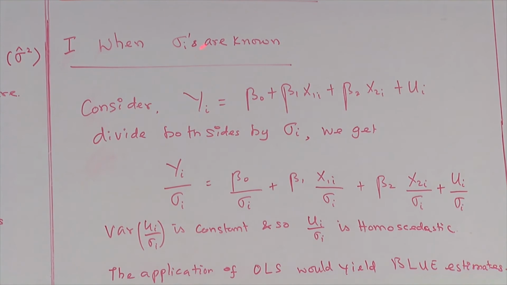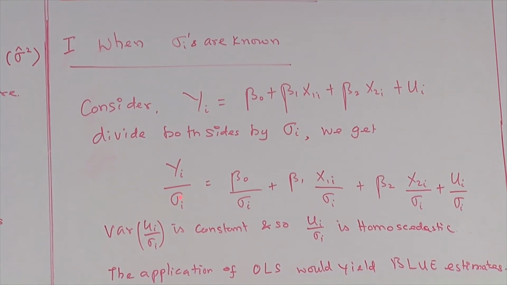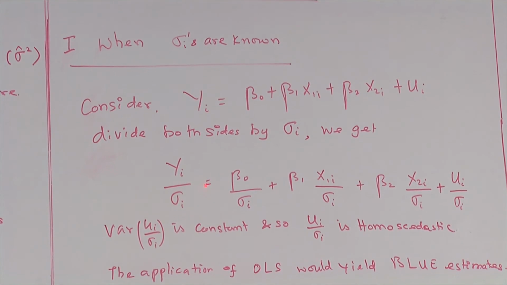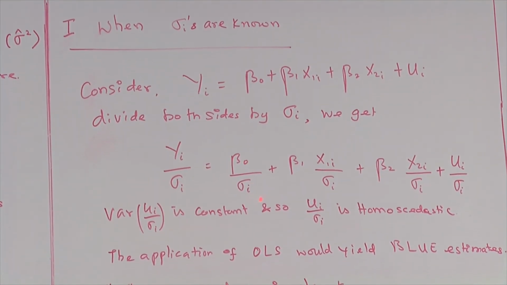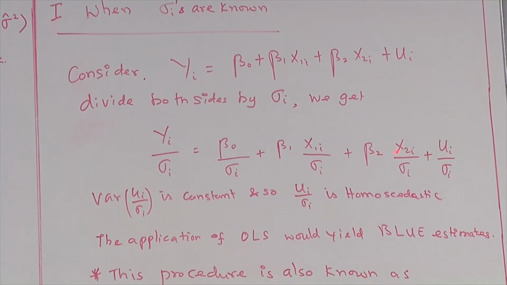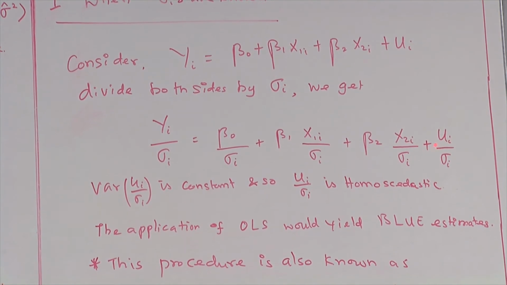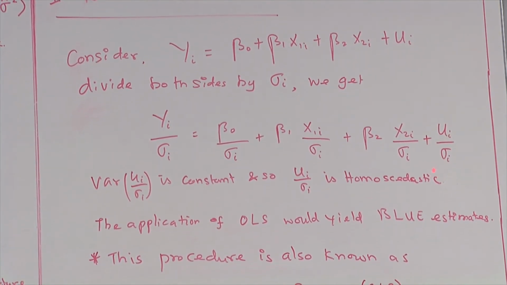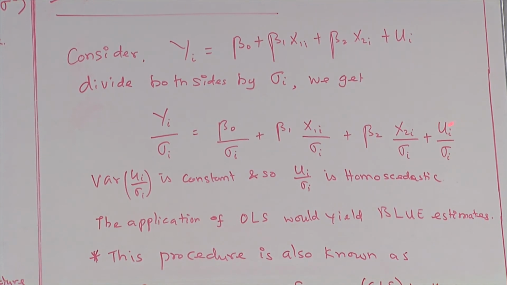Let us assume sigma_i squared, the sigma_i's, are known. Consider the MLRM y_i is equal to beta 0 plus beta 1 x1i plus beta 2 x2i plus u_i. Divide both sides by the known sigma_i, we get y_i by sigma_i is equal to beta 0 by sigma_i plus beta 1 x1i by sigma_i plus beta 2 x2i by sigma_i plus u_i by sigma_i. The variance of this equation